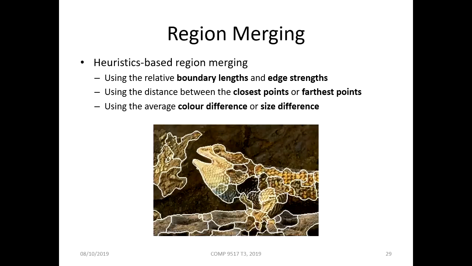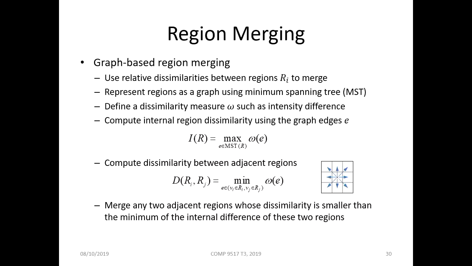You can look at edge strengths, boundary lengths, distances between points within regions, whether or not you merge them, or look at intensity, color, or size differences. So it's a very heuristic approach that people have been using. This is one particular algorithm to do region merging,